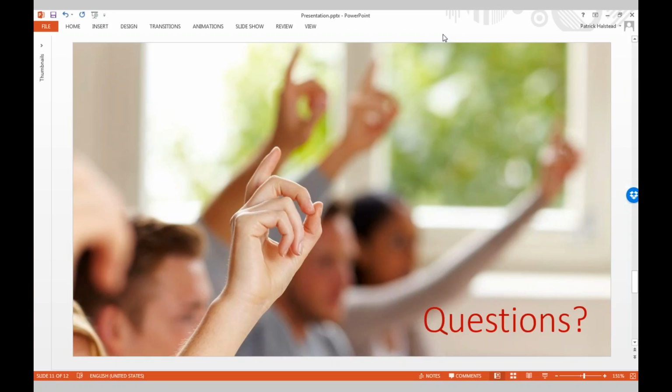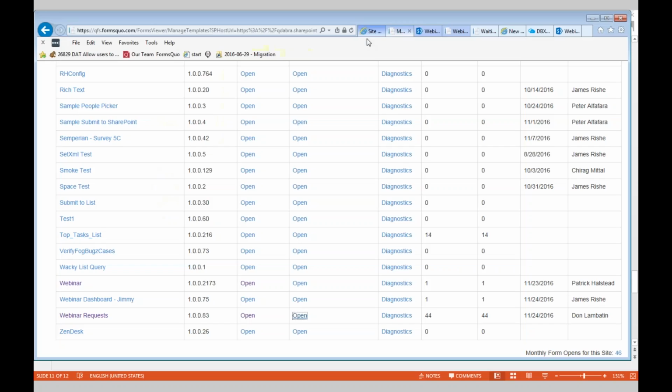Does the app convert existing forms to FormsViewer, or is it just new forms? No, it's as is. This is a great question. So it takes the forms as is. So if we go to our SharePoint site,